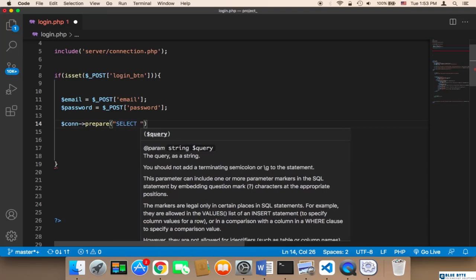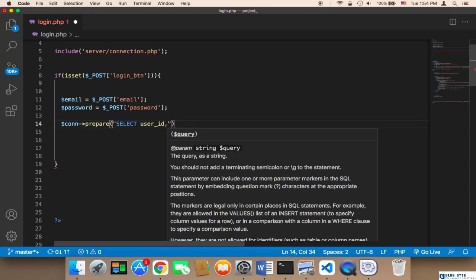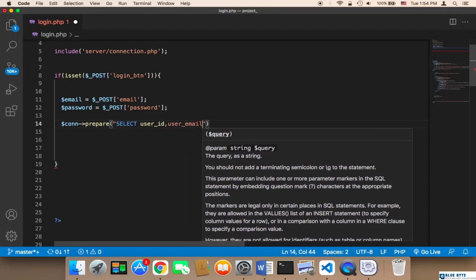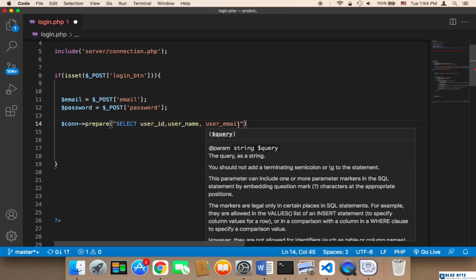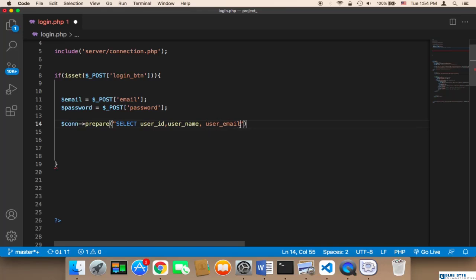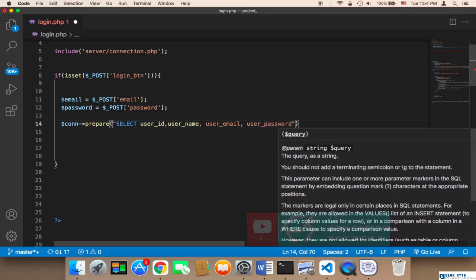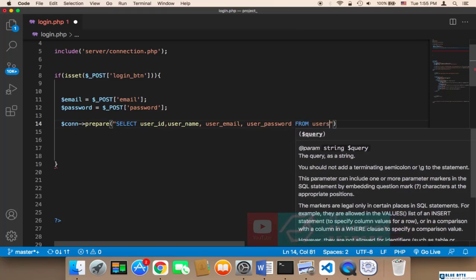We want to select the user ID, the username, user_name, and then user_email, and user_password from users where